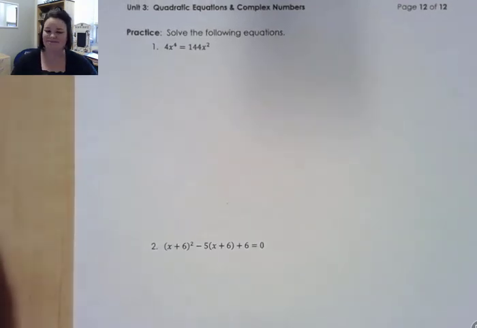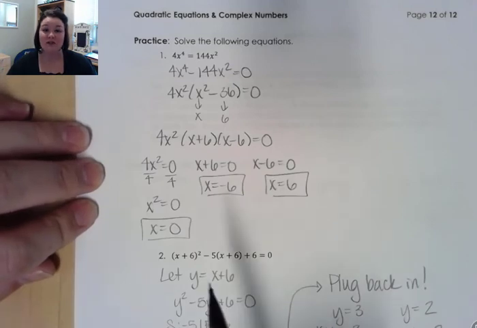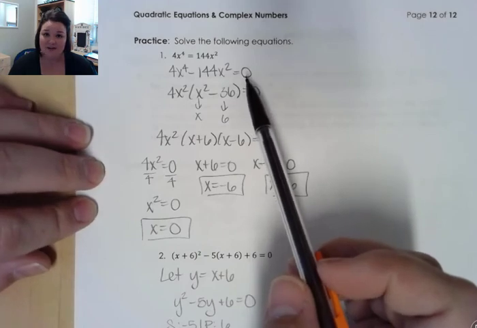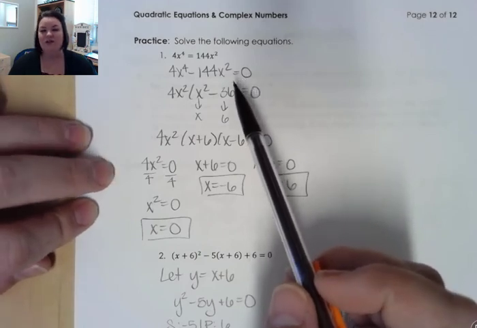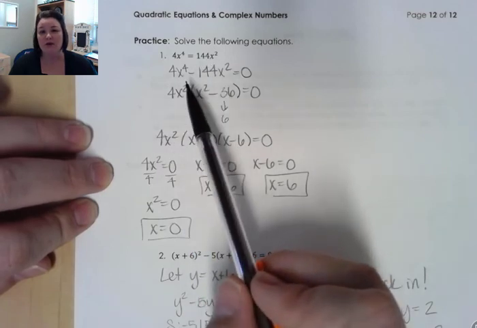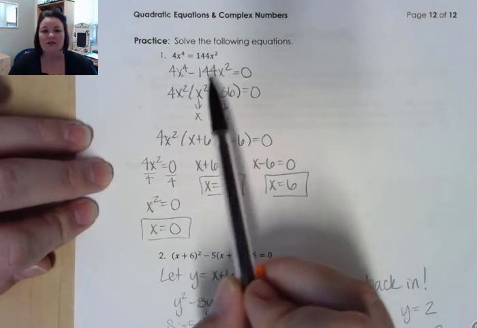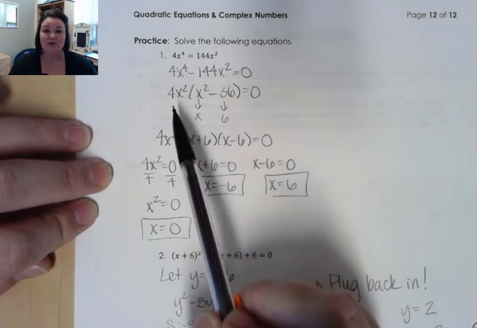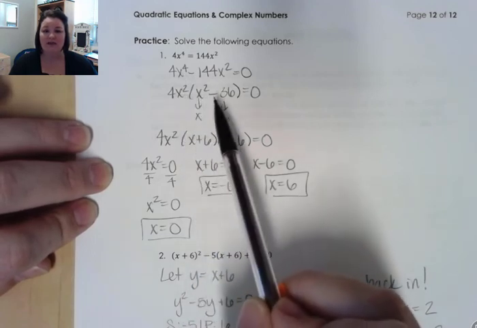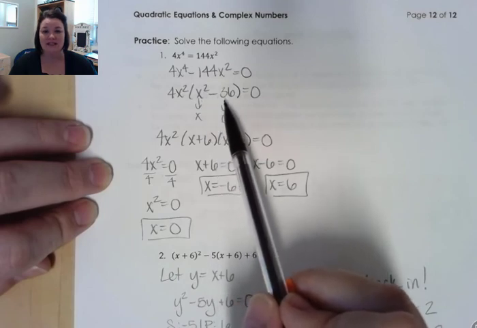All right, so on the first one, this is one that we cannot solve by just dividing off powers of x, right? Because that would get rid of answers. So we start by first moving everything to one side. I chose to move the 144x squared. Then these two terms have a greatest common factor of 4x squared. Once I take 4x squared out of both terms, I'll be left with x squared minus 36,